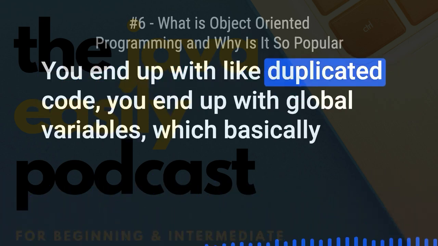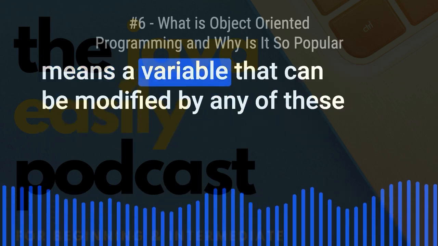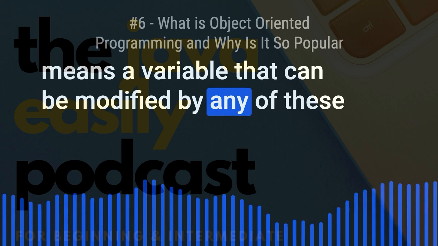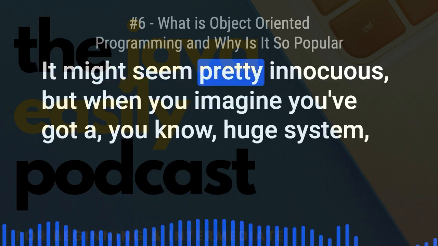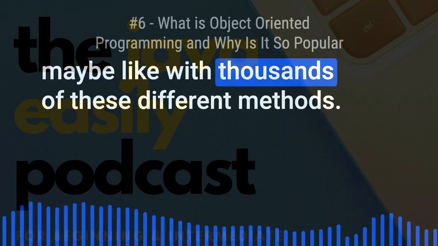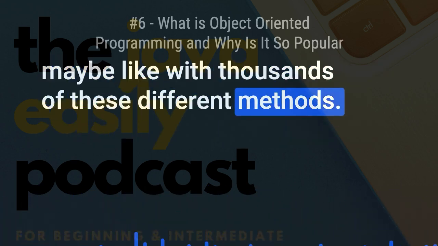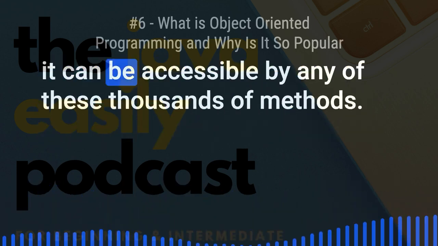You end up with like duplicated code. You end up with global variables, which basically means a variable that can be modified by any of these methods or functions. And that might not seem that bad. It might seem pretty innocuous. But when you imagine you've got a huge system, maybe like with thousands of these different methods, and you have this poor tiny variable which happens to be global, it happens to be public, it can be accessible by any